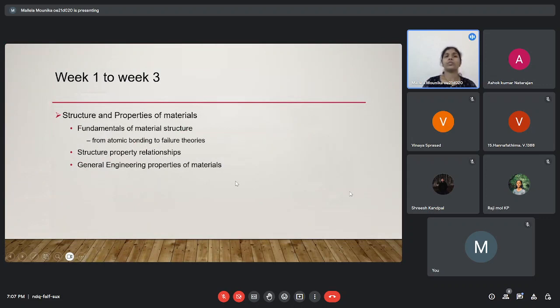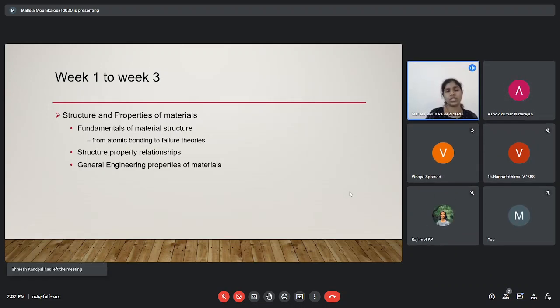So structure of the material includes the fundamental properties of the materials. It starts from the atomic bonding, from atomic bonding to the failure theory. Atomic bonding, like if you see some material at the microscopic level, you will be able to see the type of bonding between the molecules which are in the element. And it starts from the atomic bonding till the failure theories, like under some kind of load, either